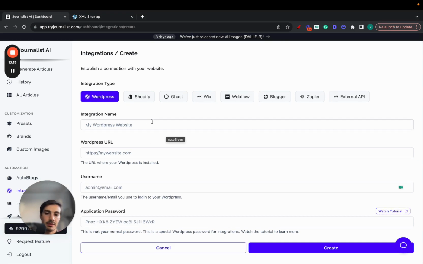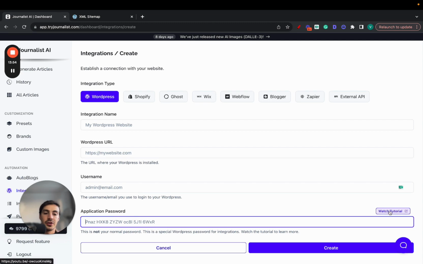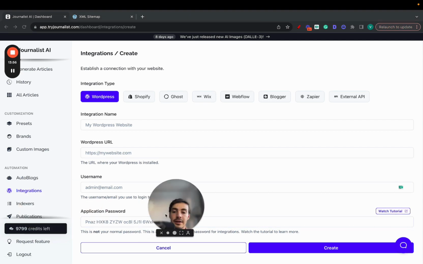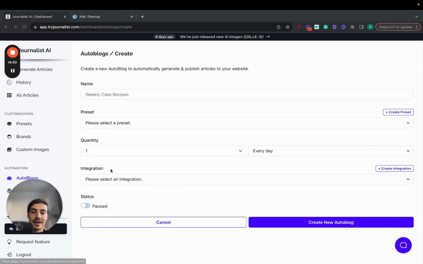Add your integration name, which can be whatever you want. Add your WordPress site URL, your username and application password, which is pretty straightforward. Just click here and you'll see exactly how it works. Then after that, you just go to Autoblogs, new Autoblog, and select the integration that we just created right here,